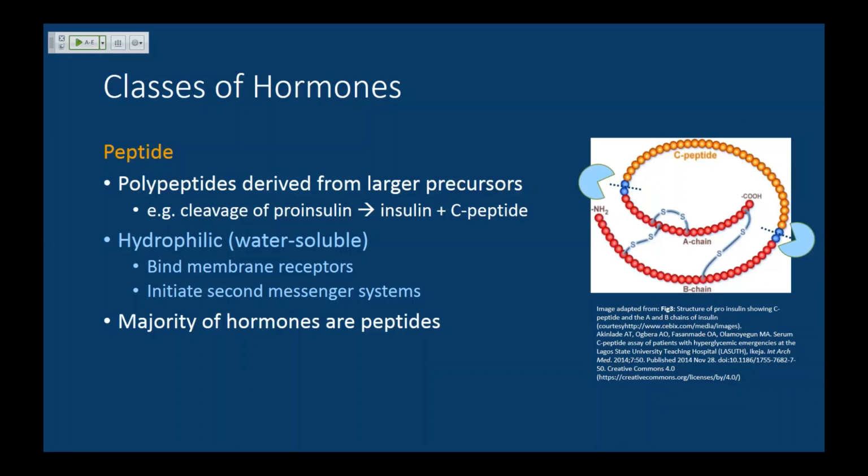So we have peptide hormones that are binding the cell membrane, but they need to get their message inside the cell. To solve that problem, these membrane receptors are actually going to stimulate what's called a second messenger system. It's going to induce a signaling cascade that is going to transmit the signal from the extracellular environment and the membrane to the intracellular environment, where the cell can then exert its effects.